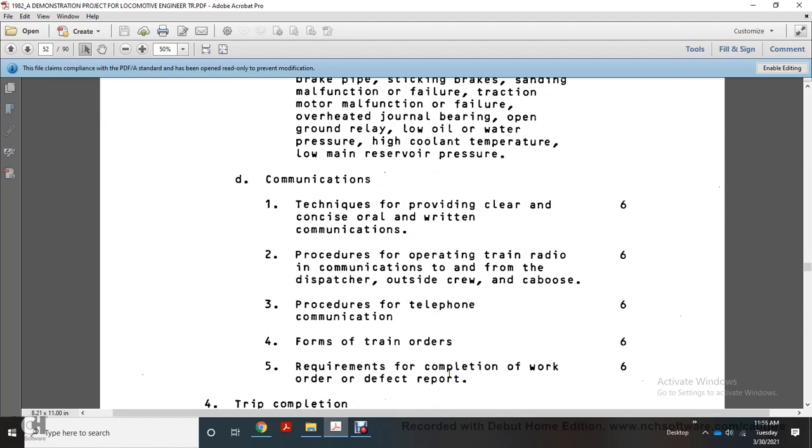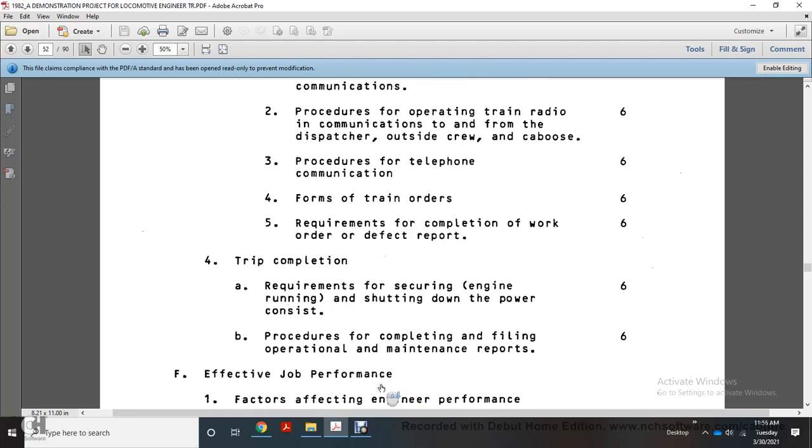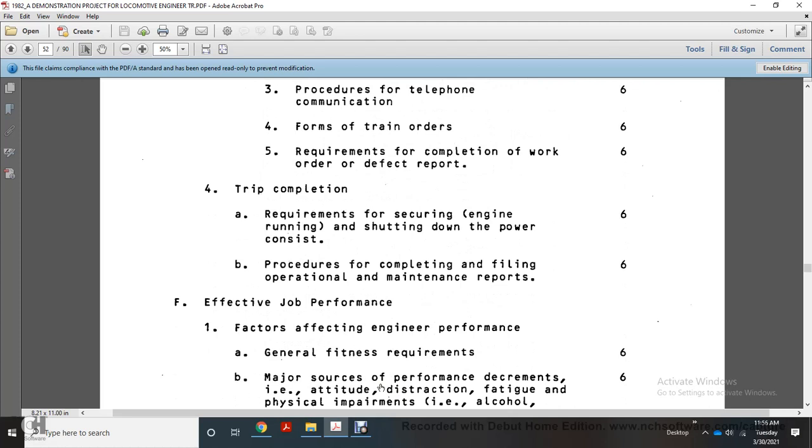Communications techniques: providing clear, concise oral and written communication, procedure with the operating train radio and communication to and from the dispatcher, outside crew, caboose, procedure with telephone communication, forms of train orders, requirements for completion of work orders, defective reports, trip completion, requirements for securing the engine running or shutting down of the power, consist of the procedure